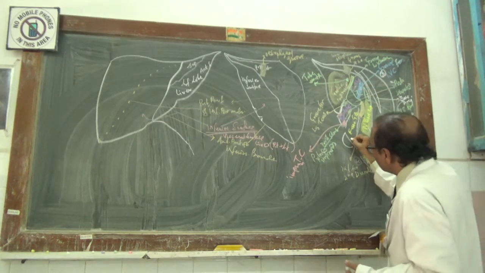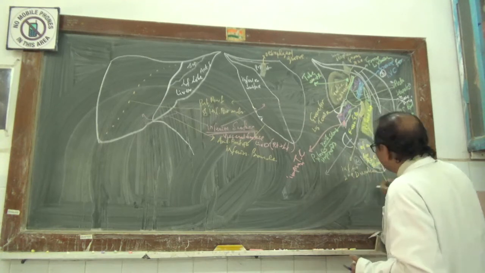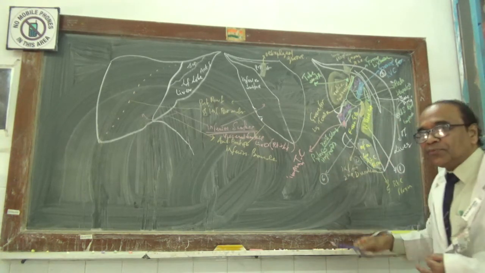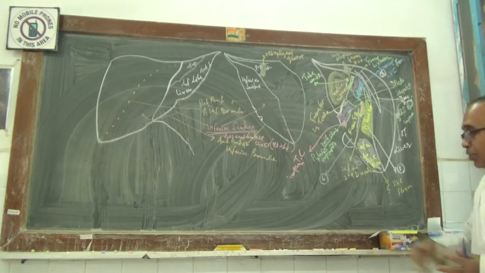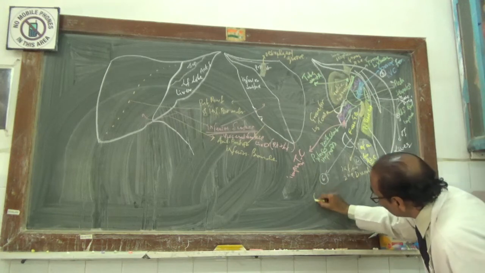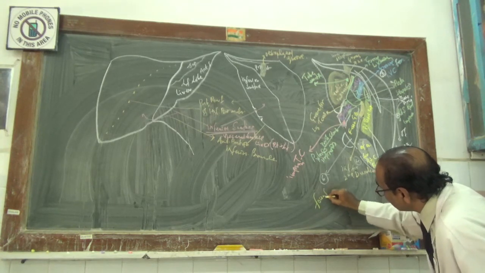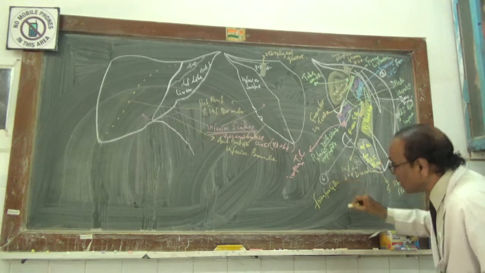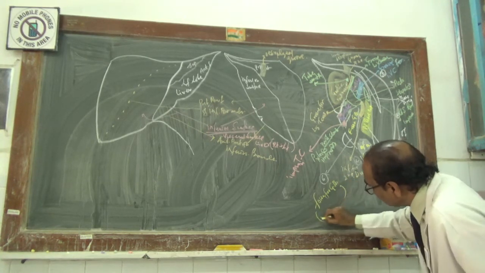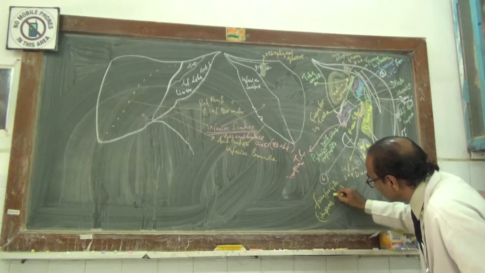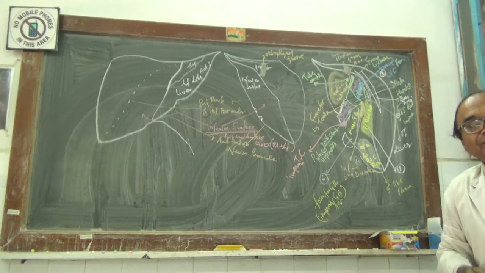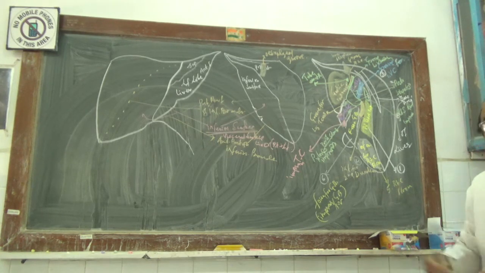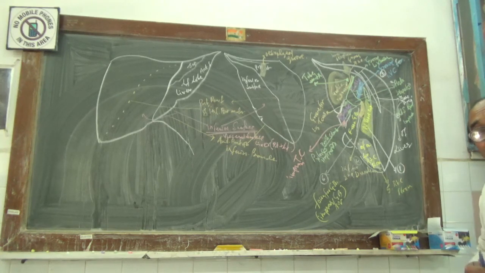Now you have to go to the sixth. There will be a fossa. That fossa is a depression. This may even be said to be the fossa for the gallbladder. Fossa for GB means gallbladder. Rather it is called the impression for GB. Either the fossa for the gallbladder or the impression for the gallbladder is a deep impression, just like an hourglass.